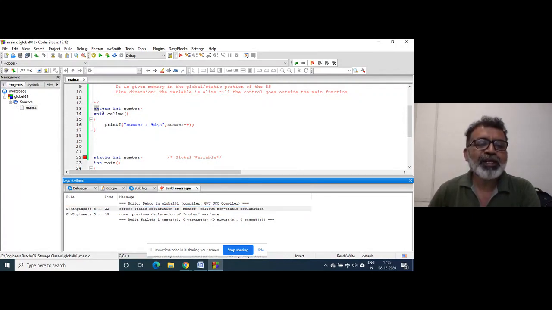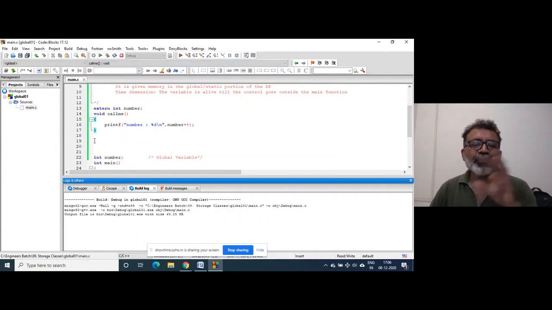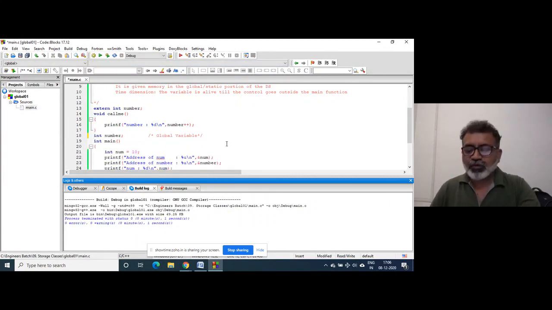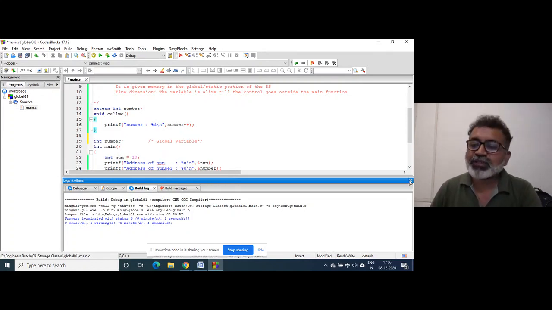When you write the extern here, it doesn't allow you to access that variable. So a global static variable restricts you from accessing the global variable. One single program, and I have explained everything. The program is simple.